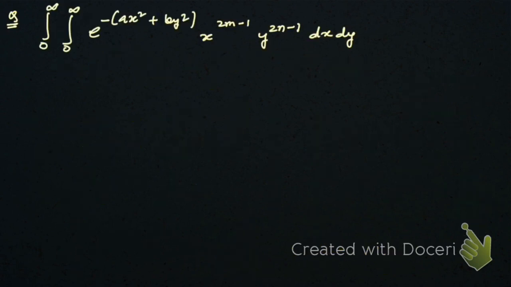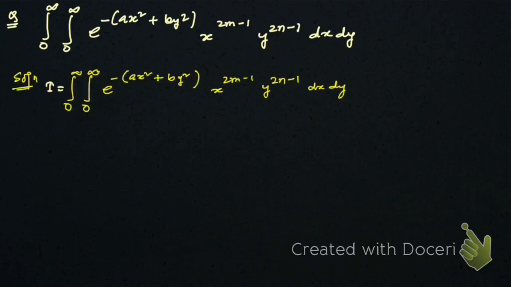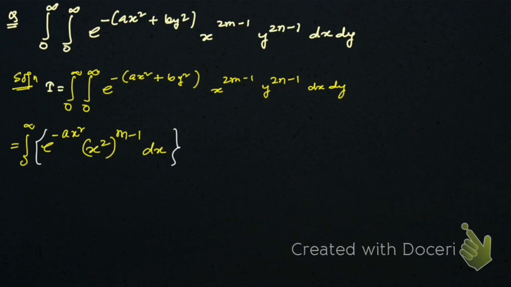Now let us solve this question. So let me write the given expression, given integral. So this is the given integral. So what we can do here, we can write this too as like this. Okay, so here you see integral 0 to infinity. So you can write these things as e to the power minus ax square into e to the power minus by square, right? And you can write this x square whole to the power,